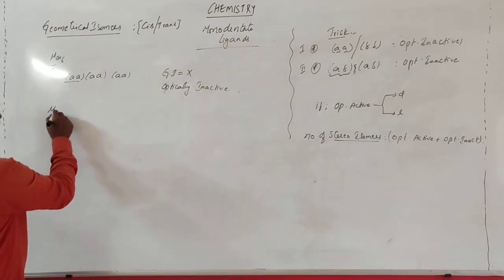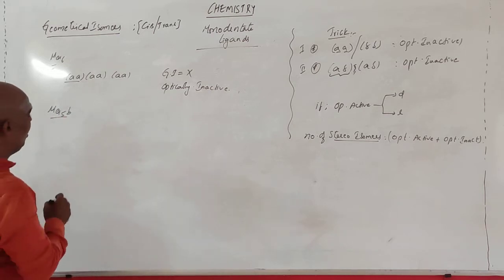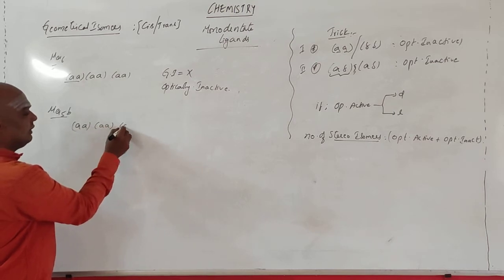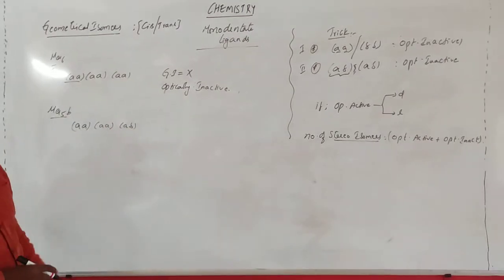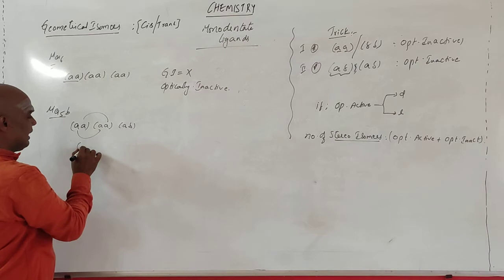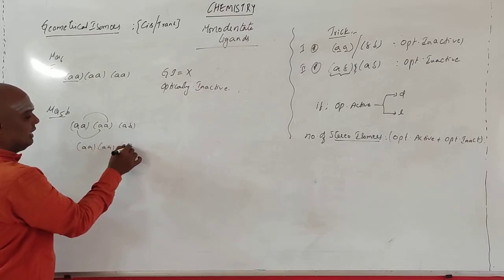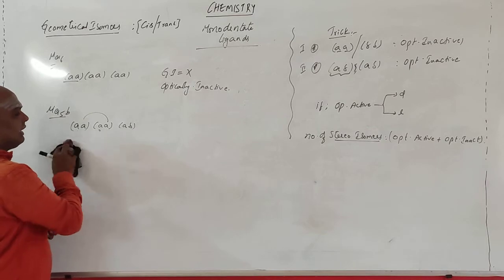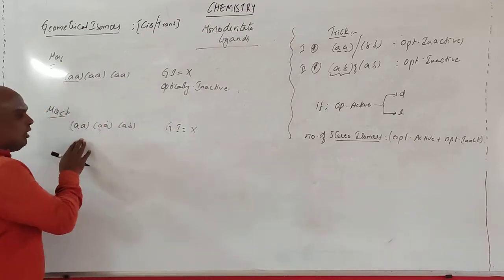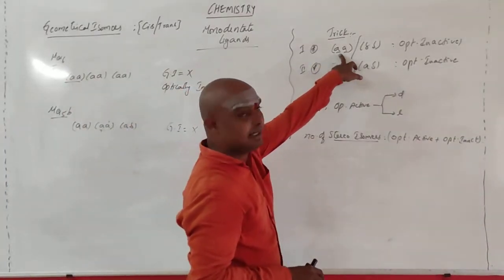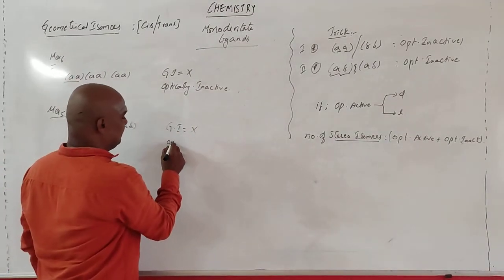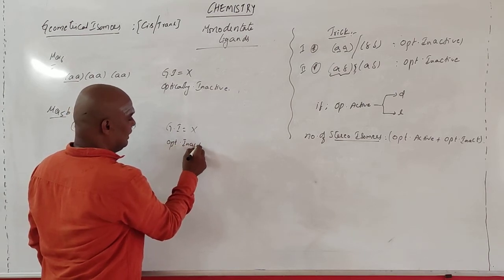Let us take one more complex like A5B. First go for geometrical isomers: AA, AB. If we exchange anything, suppose I exchange this one with A, again it is AA, and this one will be AB. Again the same thing is repeated. So this complex doesn't have geometrical isomers. Is it optically active or inactive? See, AA, one set is there. AA is present, and when one such set is present, it is optically inactive.